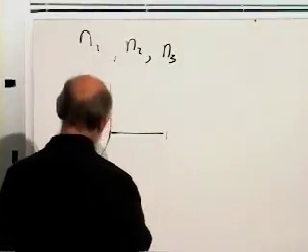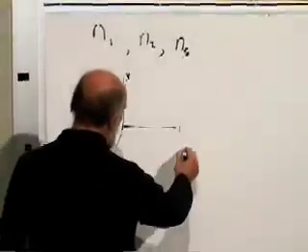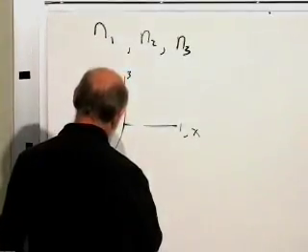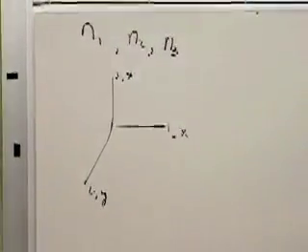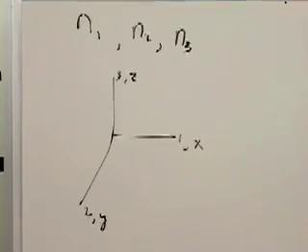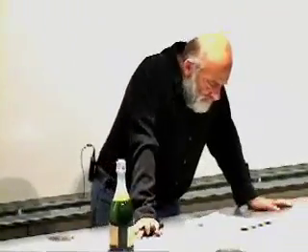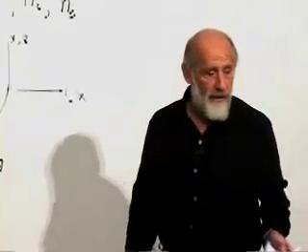Here are my coordinates in space. I've called this one 1, this one 2, this one 3. And I may lapse every now and then into calling 1 x, 2 y, and 3 z. I've tried to keep a consistent notation in my notes, but I do have that habit of sometimes going back and forth from 1, 2, and 3 to x, y, and z. Then, if you have an ordinary vector in space, not this unit vector in particular, but some other vector,